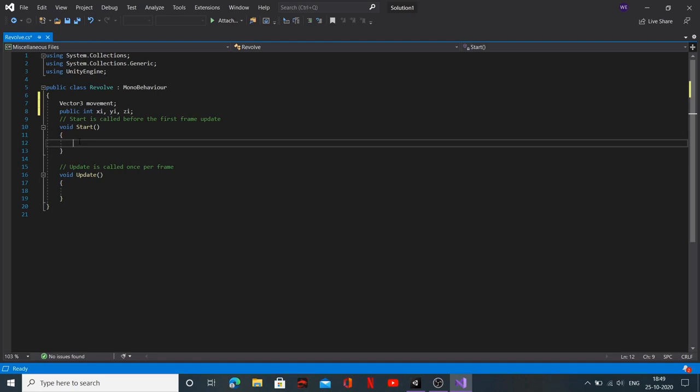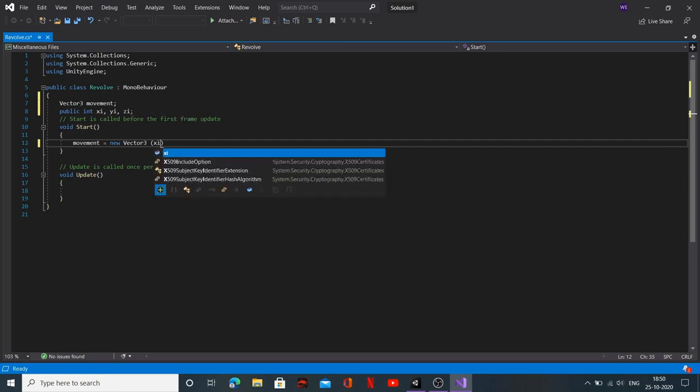What I want to do is call this movement, and make it equal to a new Vector3 with values. Alright, so you can go ahead and give any value. If you want to hard code a value, you can hard code it inside this box over here, maybe 35. However, I don't want to hard code values. I actually want to control those values inside our Unity engine. So I'm simply going to call our integers xi, yi,